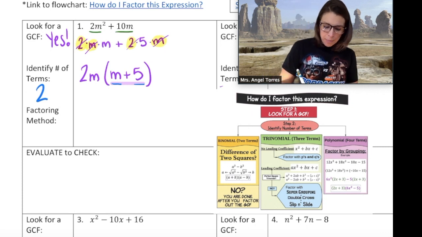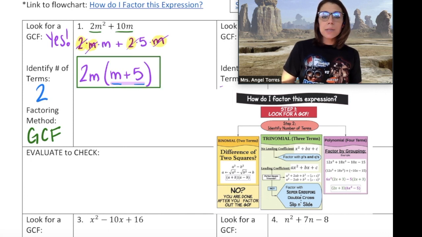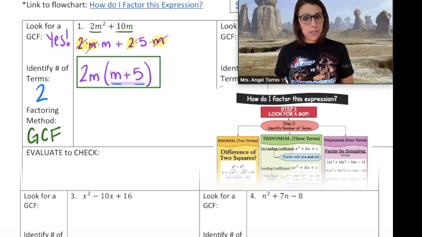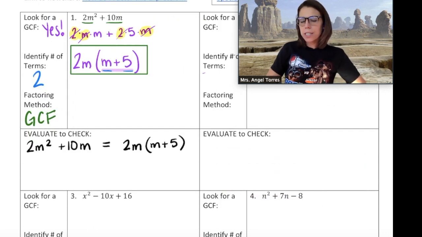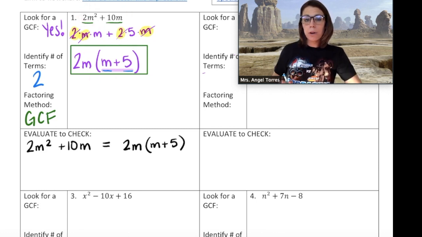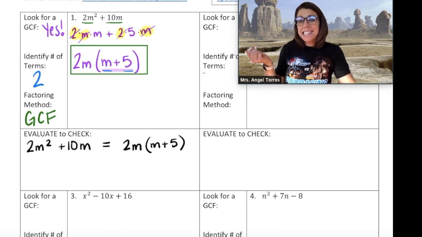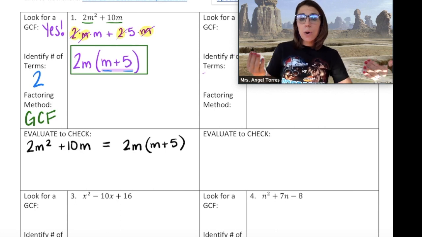So our factoring method here was just normal GCF factoring, and I am done. This expression is fully factored. Now, to check our expression and to show that the factored form, 2m times m plus 5, is equivalent to 2m squared plus 10m, we're actually going to evaluate. Evaluate means plug in a value in both expressions and see if they equal each other, because equivalent means